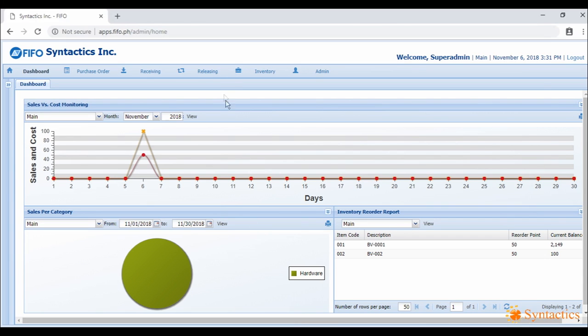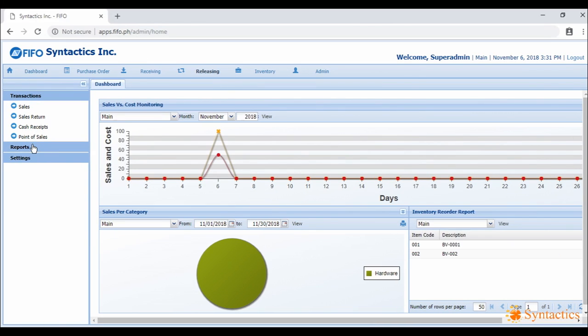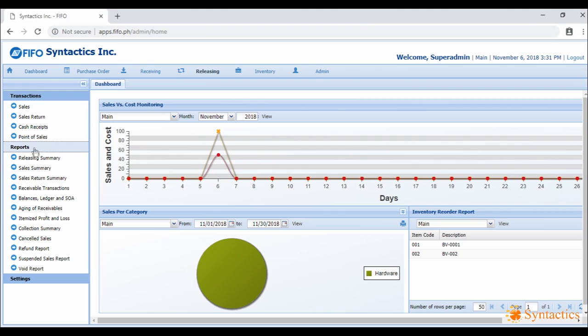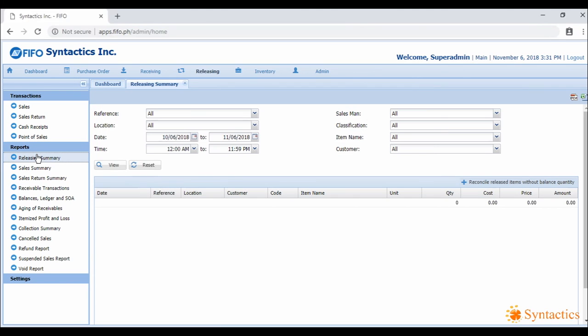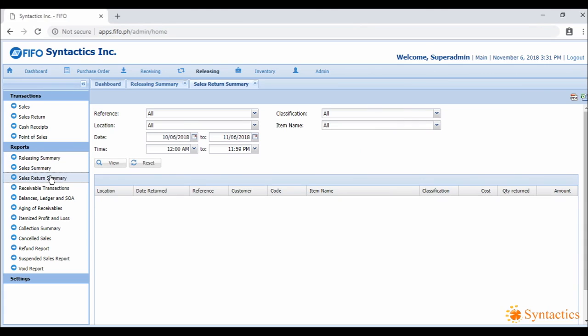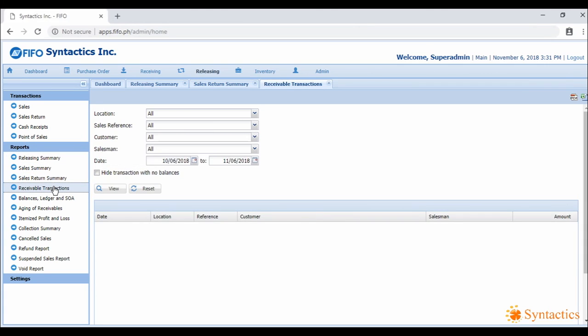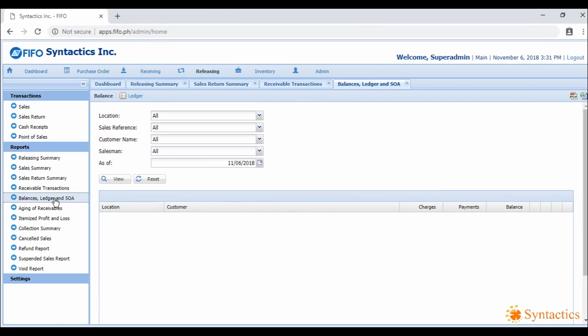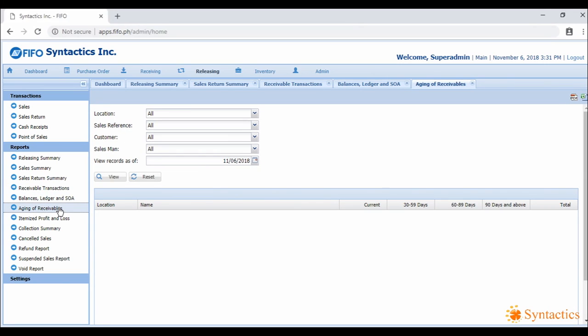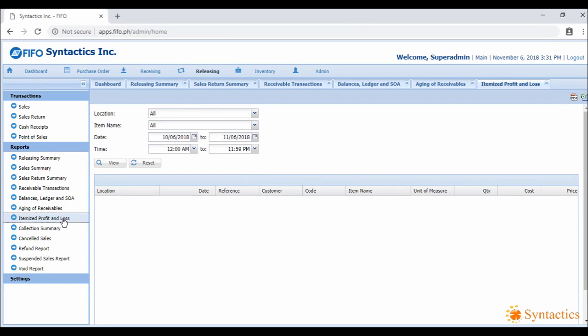The releasing section has the most number of reports. There's the releasing summary for the summary of all sales and purchase returns, sales return summary, receivable transactions, balances, ledger, and SOA for all your receivables per customer, aging of receivables, itemized profit and loss to show you how much you profited on sales per item, and collection